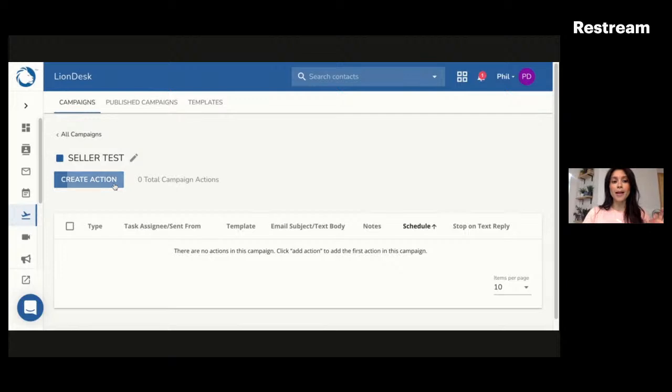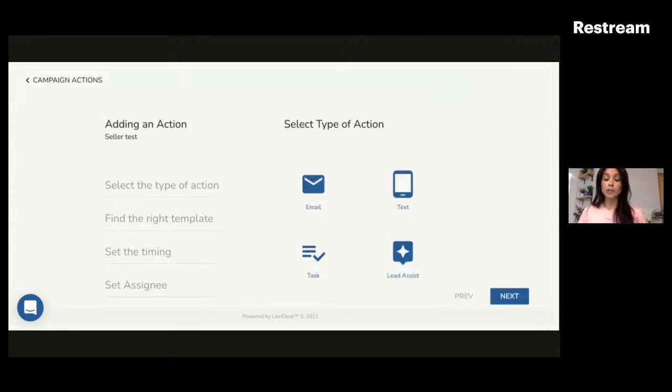Once you're here, all you need to do is create actions. These are the actions that you want in your drip campaign. You can have email, text, tasks. Those are great for little reminders of who the person is, who the client is, little notes, keys that can help you personalize your message with them a little bit better. Like if they have any dogs, the name of their dogs, any kids, their hobbies, what they like to do. Little simple things like that, you guys, go a long way for personalizing any message that will help you not only nurture, but also warm up. And I said it earlier, the warm and fuzzy feeling that makes that client feel like, oh, they know me,